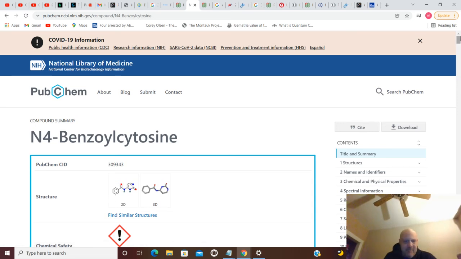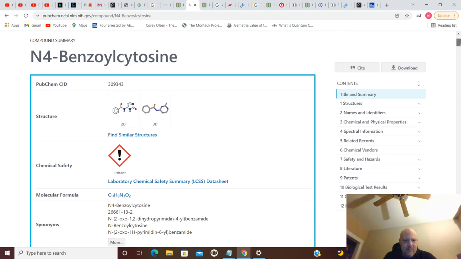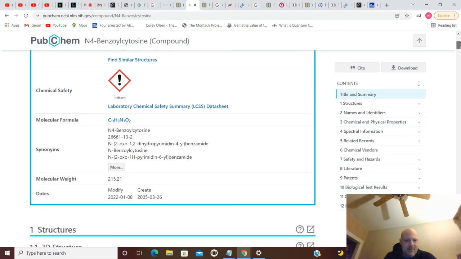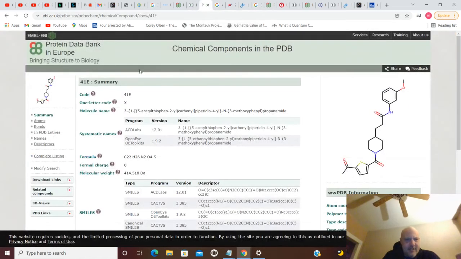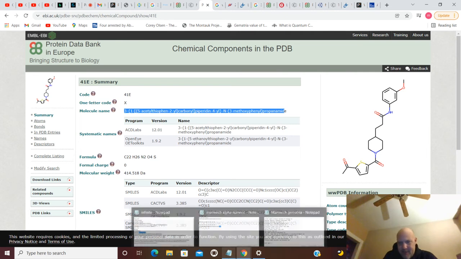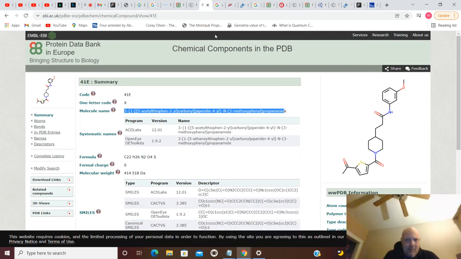And this is on PubChem again. So you get a couple of things with that. But we're going to move on to 41E, and 41E is on the protein data bank in Europe again. Code 41E. It's this molecular name that I'm not going to try to pronounce right now. Another time when I have more time. But you get another code in the protein data bank.